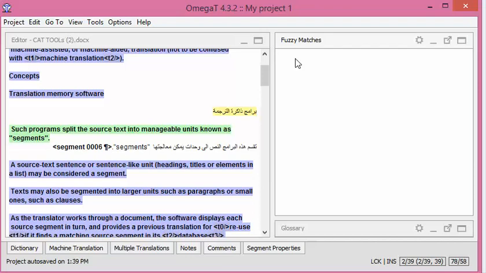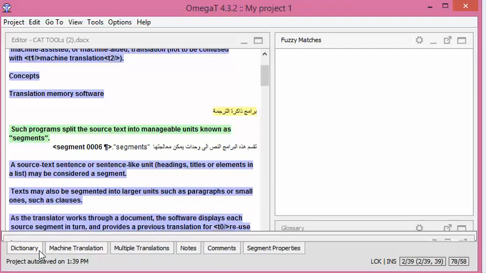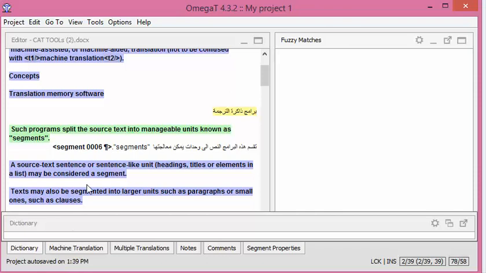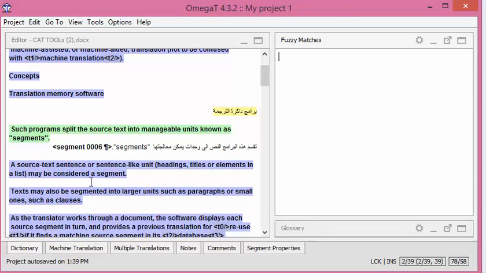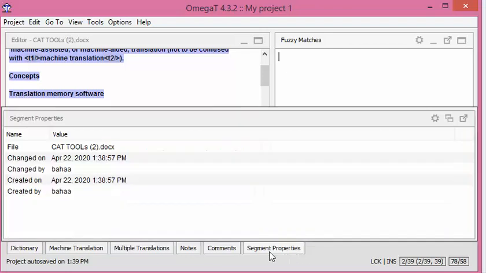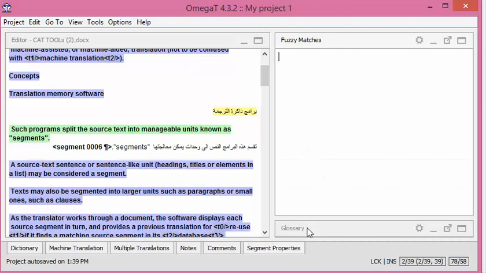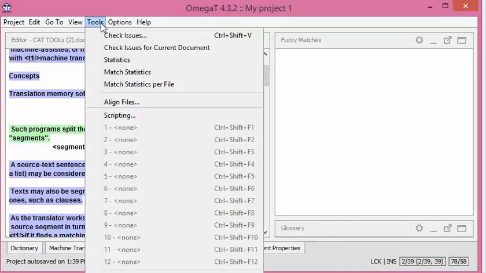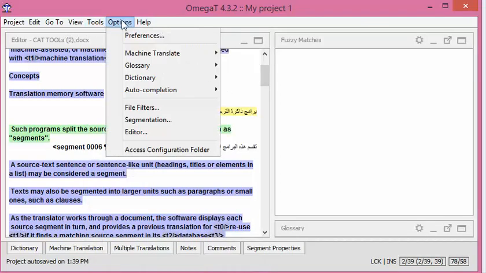And here you see you can use machine translation, you can upload a dictionary, but these services sometimes you need to purchase, you need to buy. Notes, comments, segments here, for example, and you can write notes and so on. And here glossary, you can add some vocabulary, some terminology you'd like to add. This will be good for you. For example, here statistics, here options, glossary,